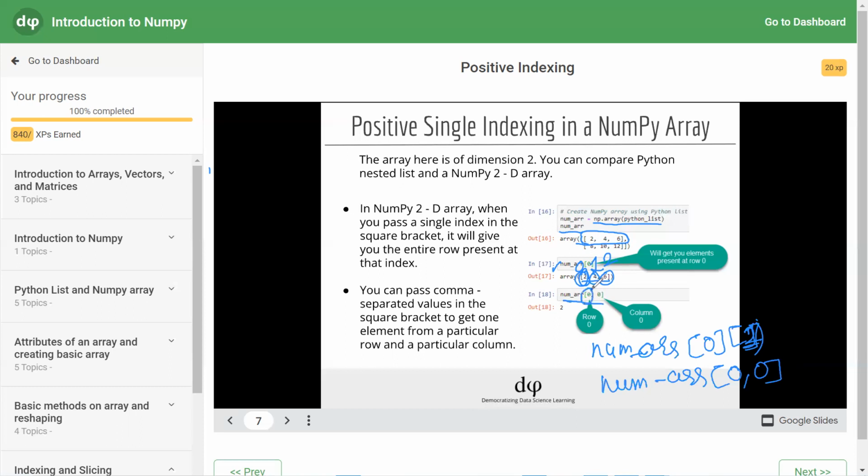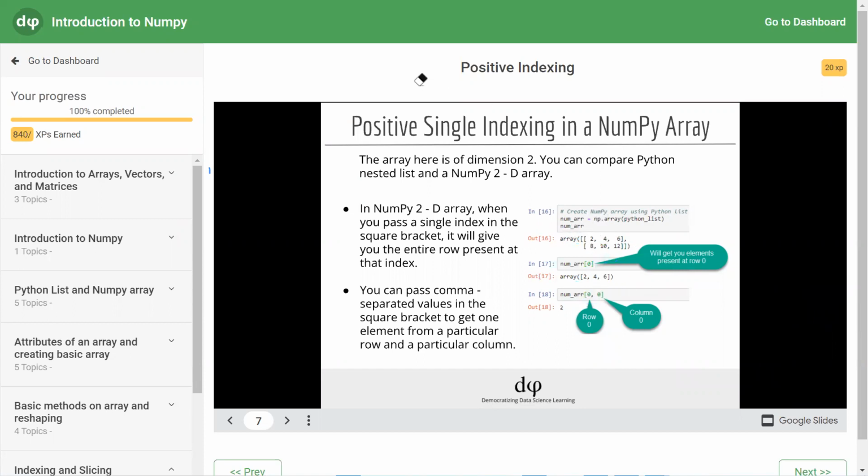From the first subarray, it is accessing the element at index 0. So this syntax, array[0, 0], is also valid in the case of a NumPy array for accessing the elements of the NumPy array. So, positive single indexing.